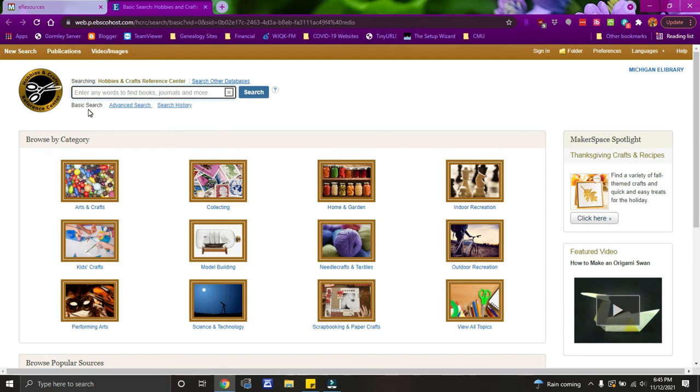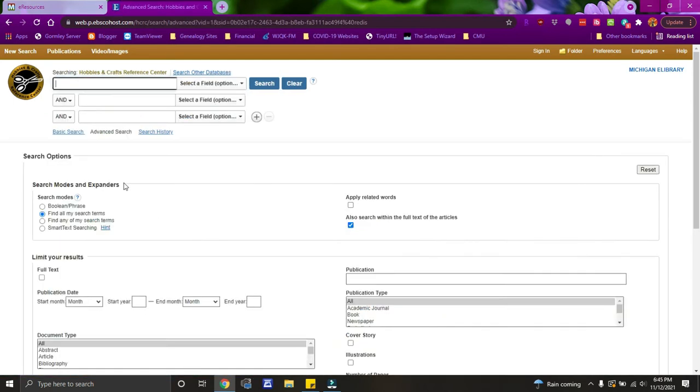It defaults to a basic search, but they do also offer an advanced search if you were to wish to do something a little more specific, such as cross stitch and Christmas, or cross stitch or embroidery, or cross stitch not ornament. You could do that type of search here to be a little more specific,